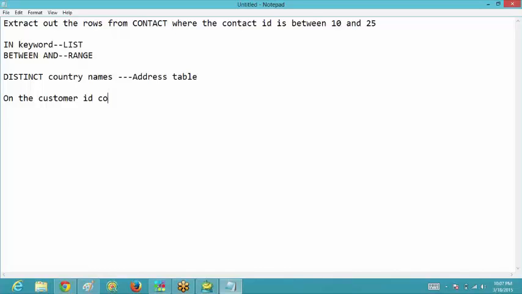Yeah, that's the column. So the customer ID column of your contact table. Try to group the customer ID column of the contact table.